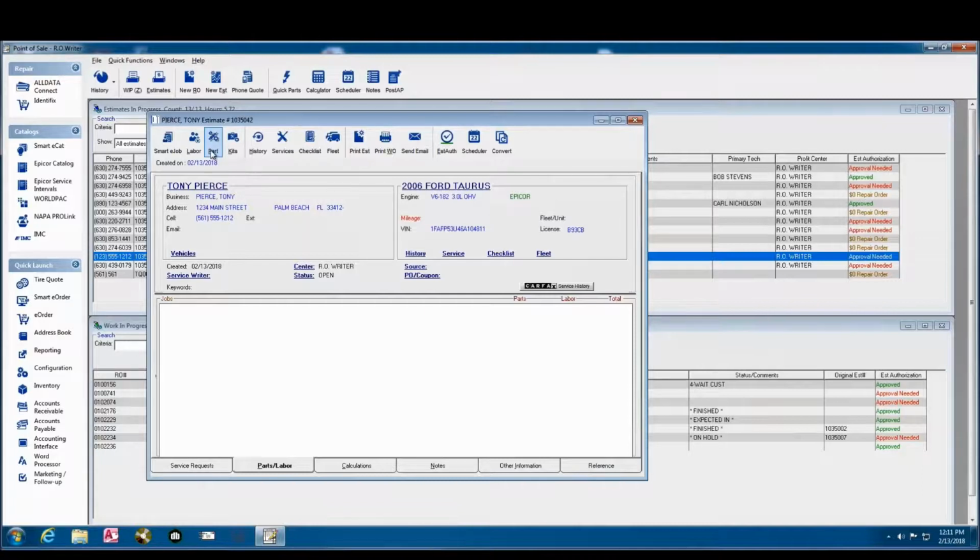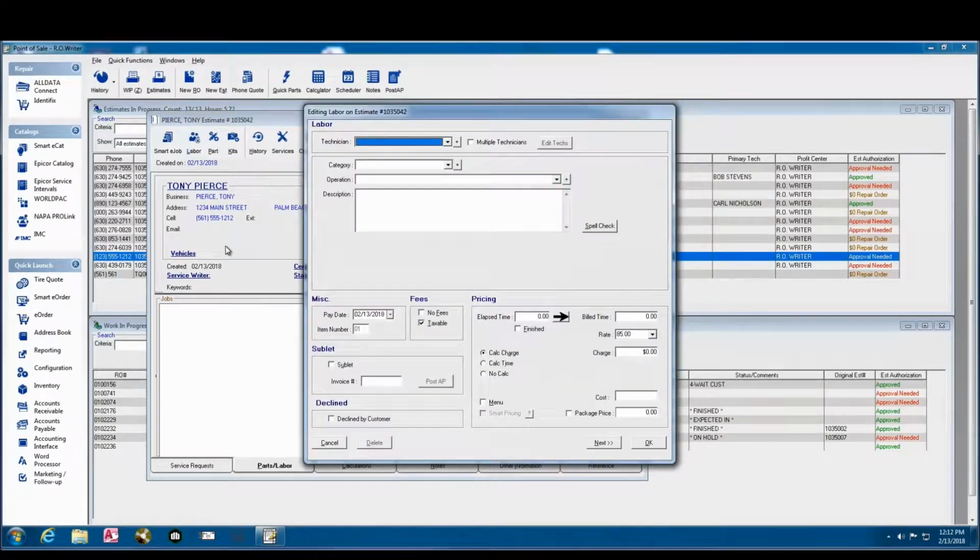So let's start by building a basic oil change. I went to my labor icon. Inside of my labor icon, I have a predefined list of categories and operations. So if I drop this window down, we're going to do a basic oil change. So if I scroll down through my list, I'll find a category that I've created that's called oil changes. And when we get into this afternoon's webinar, we're going to talk about how we configure some of these things. So again, a little more about how that list gets defined in a future or a level 2